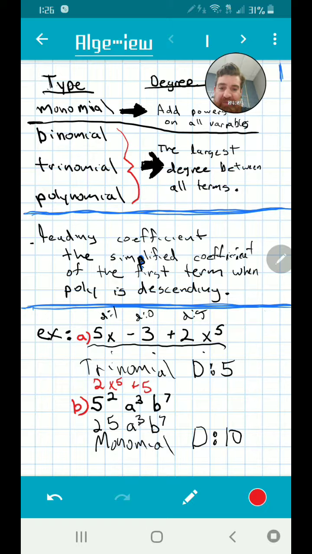Okay, so there is our polynomial in standard form or descending order, and now we just have to decide, well, what's the coefficient of the first term? And right there, that is 2. So we say the leading coefficient is 2. Degree is 5, and it is a trinomial. Okay, for example B, we had